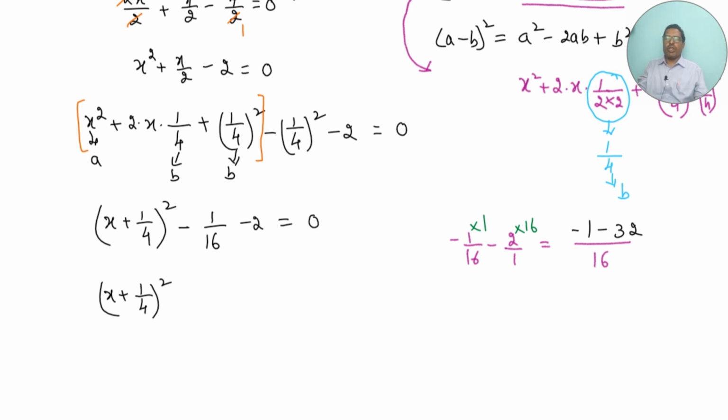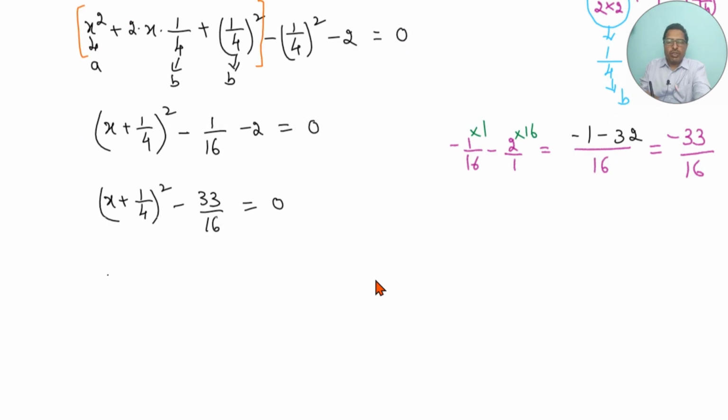So therefore now we will simplify this one, which will be equal to minus 33 divided by 16. So that's the value you will be getting over here. Let us write down the value. It is minus 33 by 16 is equals to 0. Let us further simplify this one. It is x plus 1 by 4 whole square minus